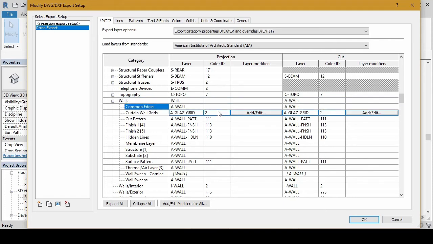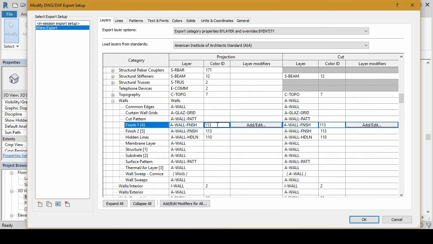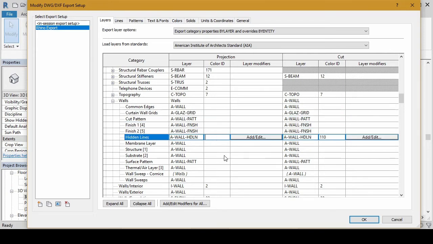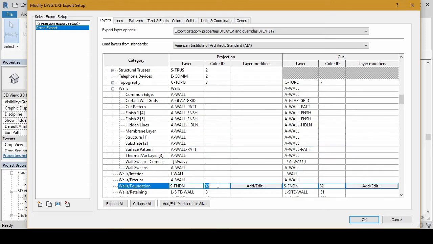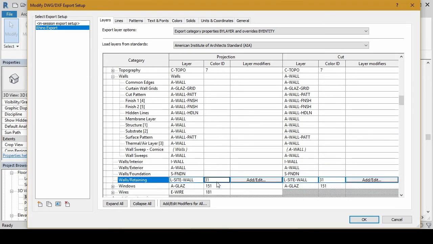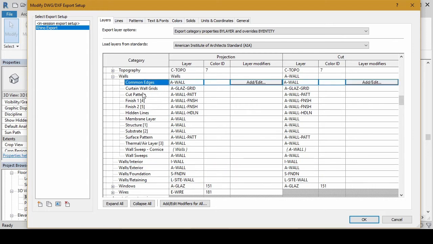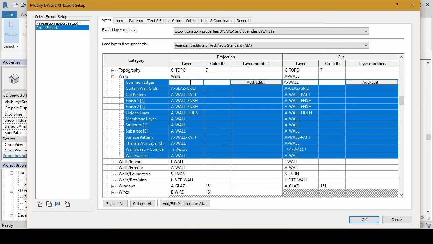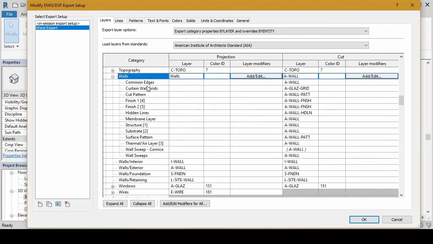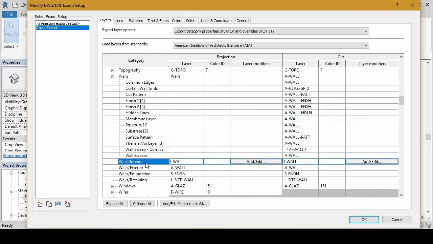I'm going also to remove the color override of these different subcategories, and also the interior, foundation, and retaining setting. Regarding the subcategories, if I just select all the subcategories and click one of them and click enter, they will all get left blank.